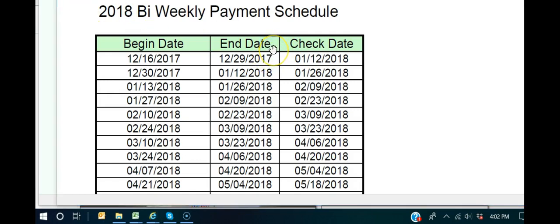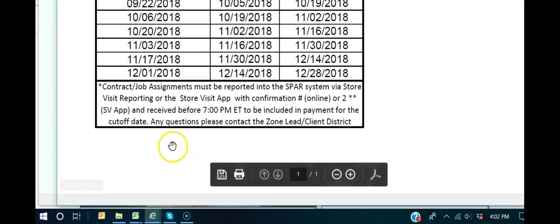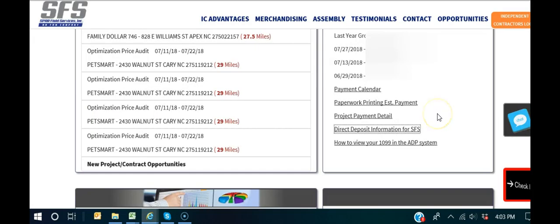The end date is very important because your project must be completed and reported by 7 p.m. on this date to make that payment cycle. The check date is the date your payment check will mail or your direct deposit will be done. You will also notice at the bottom of the payment calendar it gives you all of the information about the 7 p.m. cutoff time. If you're interested in direct deposit, you have to have received one payment check from SFS